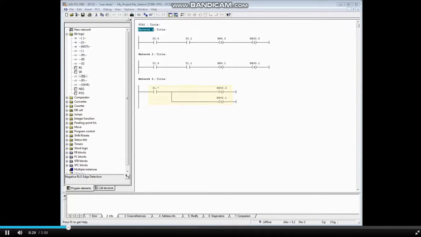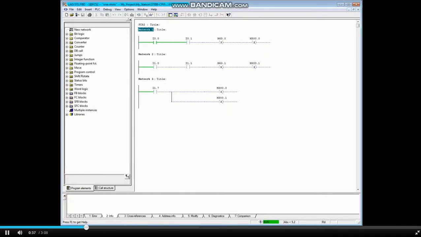Network 3 is used to reset the output set coils for networks 1 and 2. Turn the monitoring glasses on. Memory bit M63.0 keeps track of the result of logic, or RLO, just before the P coil. When the RLO transitions from 0 to 1, a positive edge pulse or one-shot is fired through to the set